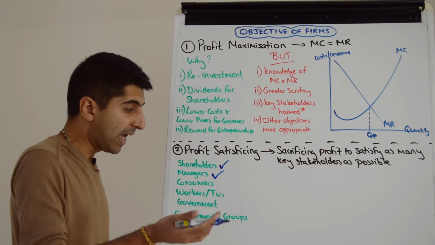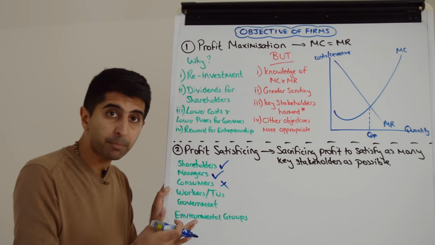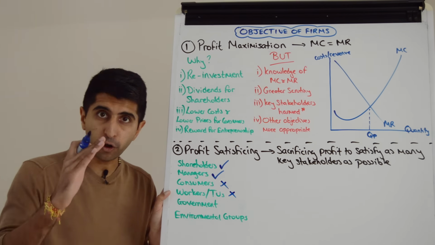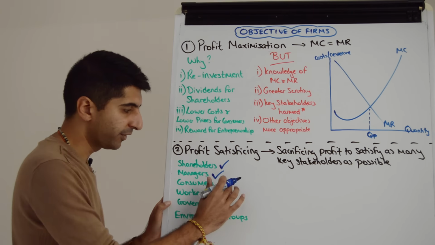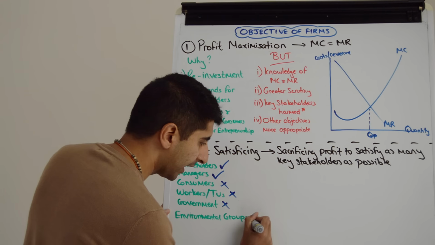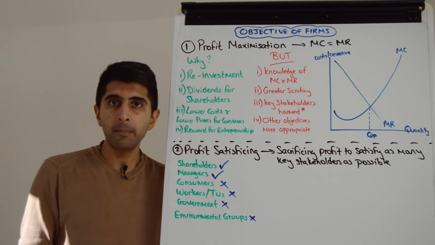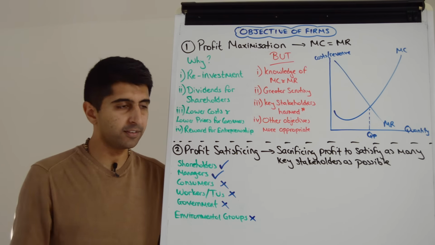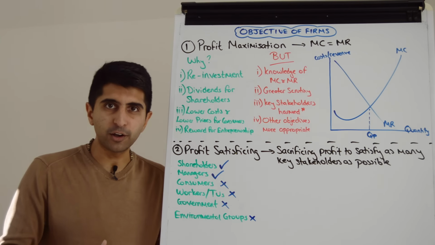Consumers could suffer, though, if excess prices are being charged. Workers could suffer, and their trade unions that represent them also would not be happy if wages are very low as a result of cost cutting. The government may not like it if excess prices are charged for consumers and if wages are very low for workers. And environmental groups might not like it if costs are being cut and the environment takes a hit. Maybe it's pollution, maybe it's resource degradation if waste is dumped into rivers and things. So they might not be happy with how a business is performing if they're cutting costs by profit maximizing.